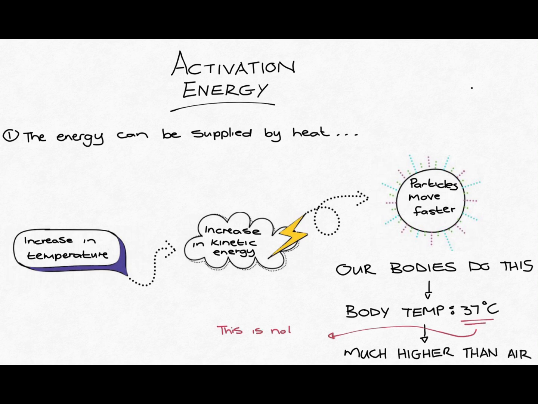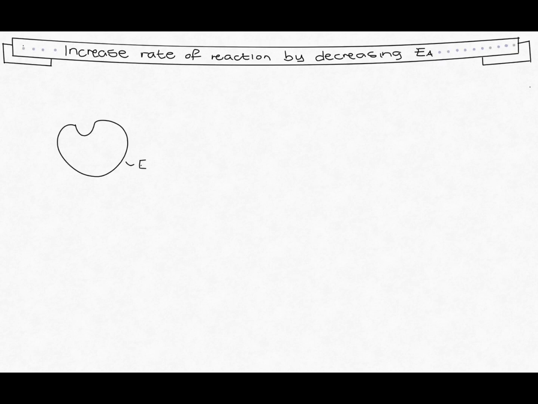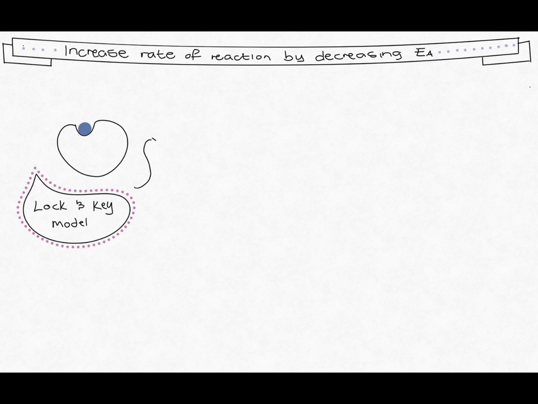So our body also uses enzymes. Now, enzymes are able to increase the rate of the reaction by decreasing the activation energy needed for the reaction to occur. Here we have our enzyme. Our enzyme has a substrate binding site, also known as the active site, that would have a shape complementary to the substrate. So our substrate will move into this binding site and fit into it perfectly, called the lock and